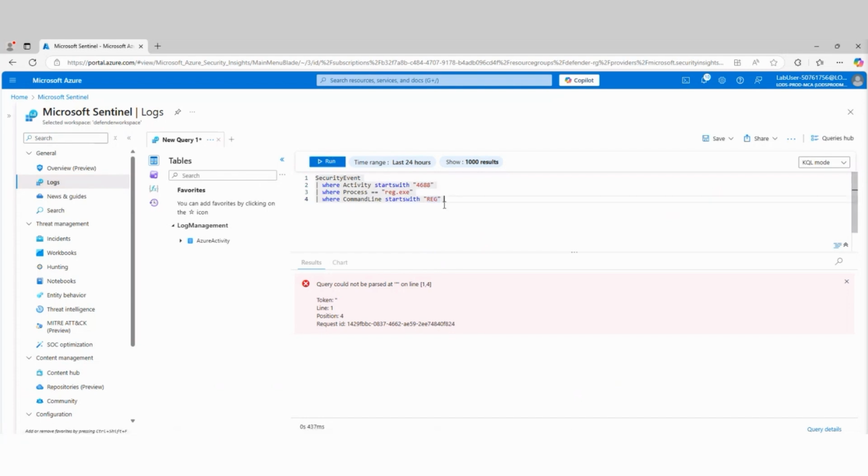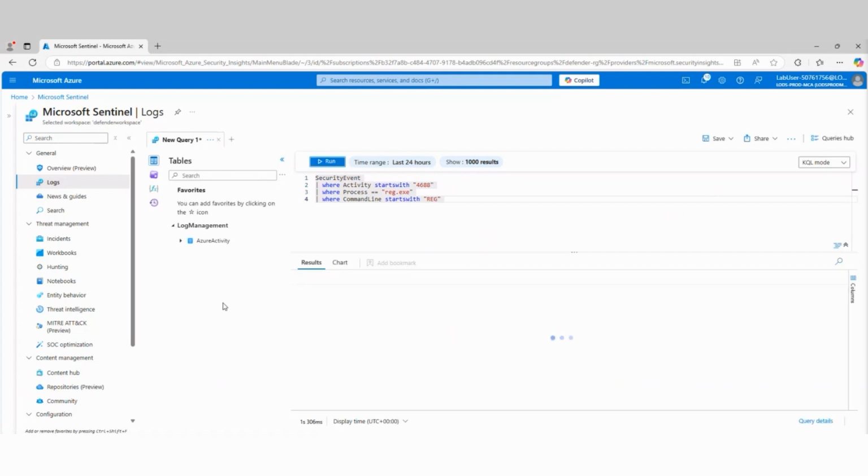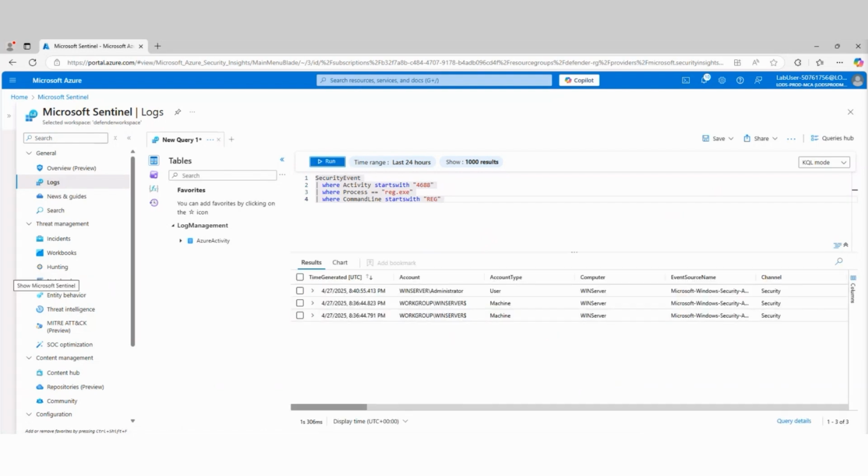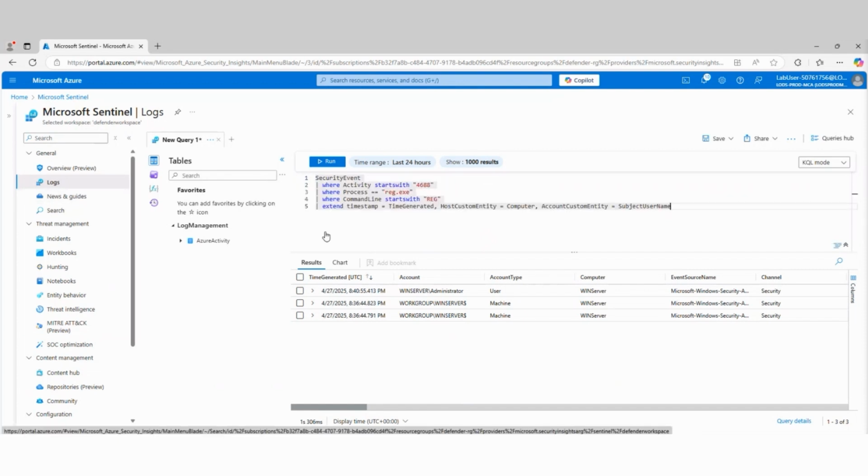So to fix this, I'm going to remove the highlight just from reg and run it across everything. And now you'll notice it generates results. So if you ever come across that, be careful if you have something highlighted or where your cursor is, because it could generate errors, even if it's a legitimate command. So now you see that the command has generated some results for us. So let's continue this here, and let's run another query.